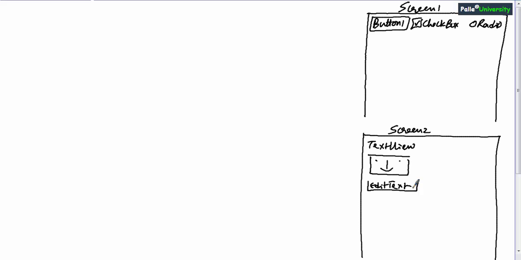Now let us say I have two screen designs like this, where the first screen contains one button, one checkbox, one radio button, which are aligned side by side to each other. The second screen design contains a text view, an image view and an edit text, which are aligned on the y-axis, that is one below each other.